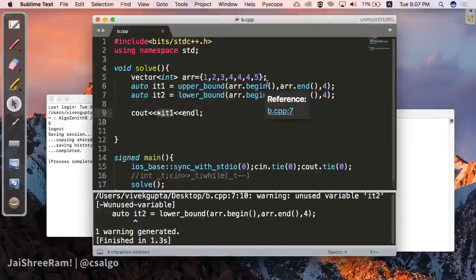So an iterator mostly works like a pointer. For pointers, ampersand gives the address, star of some pointer means value at that pointer, and ampersand of something means address of. These are two operators that are frequently used.